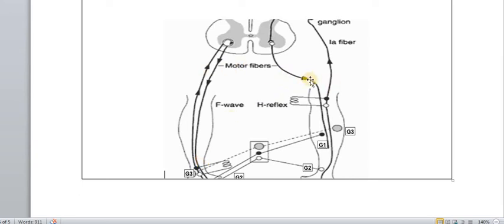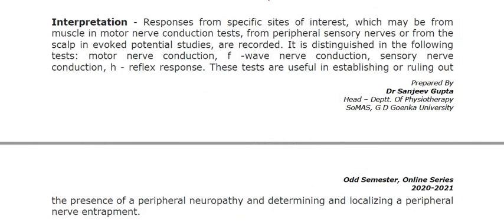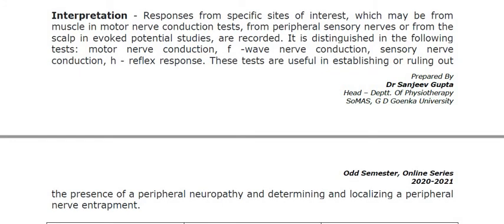You can see the difference also in H reflex. The spine is used. Current goes up, goes into the spine, comes down. So this is your H reflex. Here the current goes up and comes down without having any neuron of the spine like this. It comes down from the same motor fiber. So this is a purely motor neuron test, and this is a test where you have both motor and sensory nerve testing. So this was a small topic, nerve conduction velocity studies.